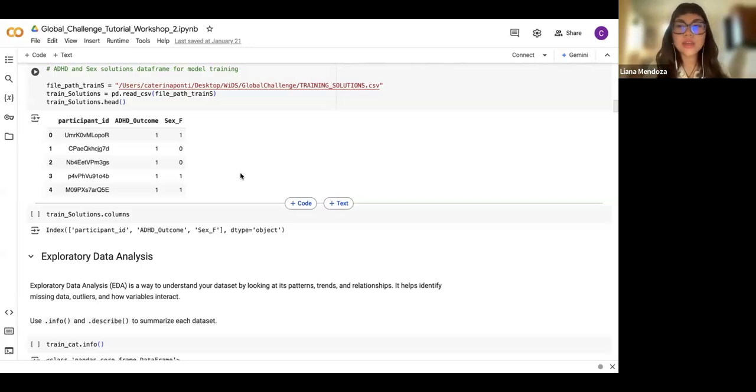Yes. And then I just wanted to emphasize again our participant ID. As you can see in all of the data frames that we just loaded in, we have participant IDs, and this is very important as it is a unique identifier for each participant. This is key to merging our data sets and ensuring that the process is organized and accurate. How we use our participant IDs and how we merge these different data frames, Kylie and Caterina will be going into further on in this workshop.